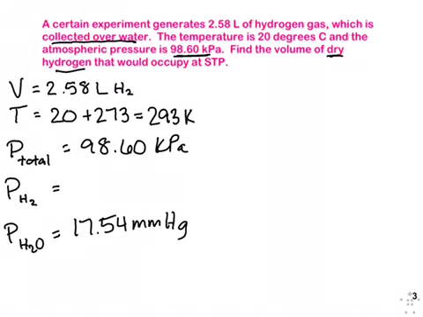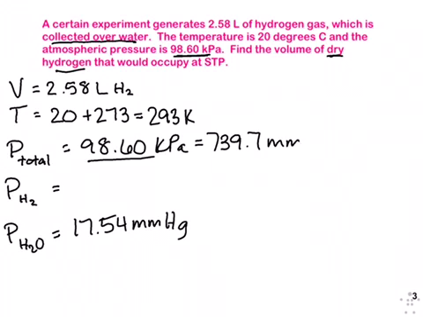So before we can do a subtraction, what do we have to do with our pressures? We have to convert them to the same units. It doesn't matter if you go into millimeters of mercury or kilopascals. I happen to go into millimeters of mercury. I converted the 98.6 into millimeters of mercury. And for time's sake today, I think we just need to get that number,